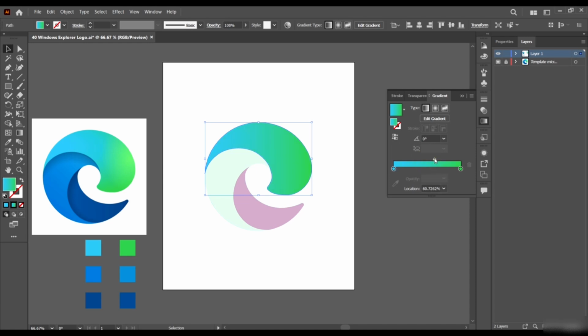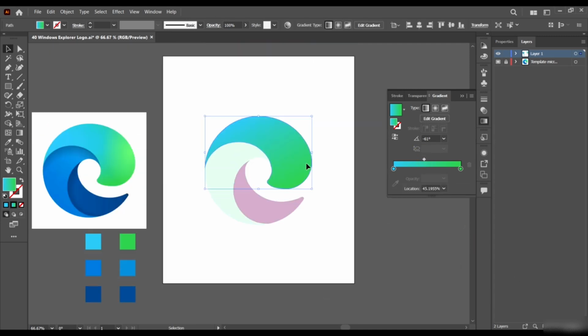Now we need to edit our gradients to look close to this. Let's just kind of freestyle here, try to edit it to look like this. Maybe make the angle something like this. Let's just keep freestyling, or keep modifying rather. So maybe this will work. Okay, this should work. Yeah, this gradient should work.